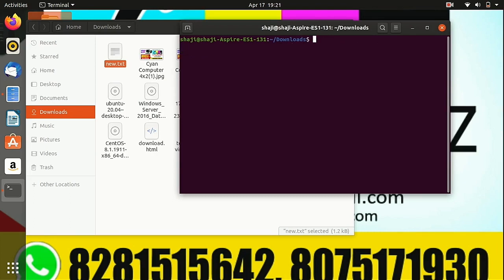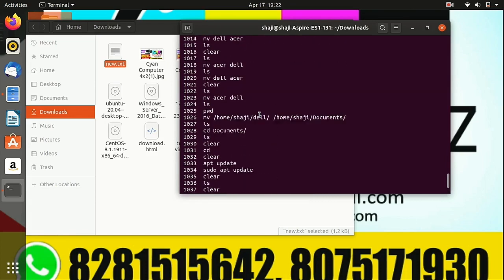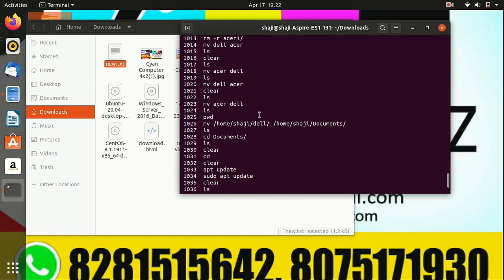As the name suggests, the history command prints a list of previously typed commands. You can use the arrow key also, but it will show one by one only. But with the help of history, you can see all the commands. It's very useful when you are trying to find what you have done.